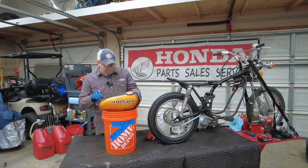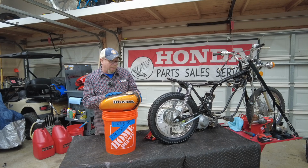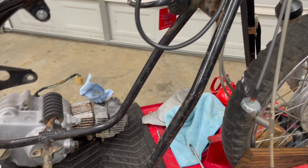All right, so let me get this thing tucked away for the night and let it cook, and we'll get on to the next thing here. I kind of want to take things back to the beginning of this video a little bit and just drag you in for a little close-up look at the reason why I probably had to pull this engine out of here. You can see it's not too terribly bad,